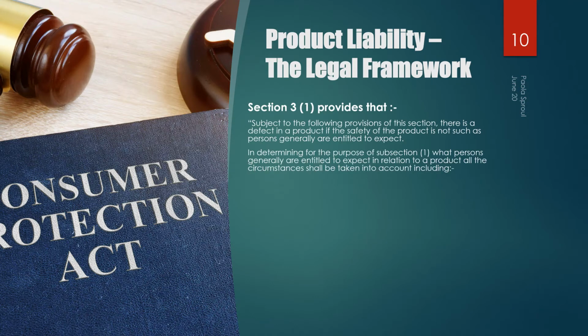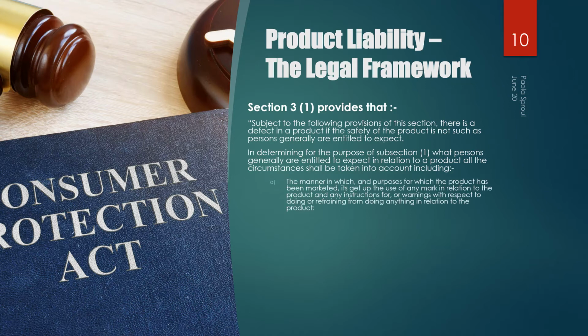Section 3.1 provides that, subject to the following provisions of this section, there is a defect in a product if the safety of the product is not such as persons generally are entitled to expect. In determining for the purpose of subsection 1 what persons generally are entitled to expect in relation to a product, all the circumstances shall be taken into account, including the manner in which and the purposes for which the product has been marketed, its get-up, the use of any mark in relation to the product